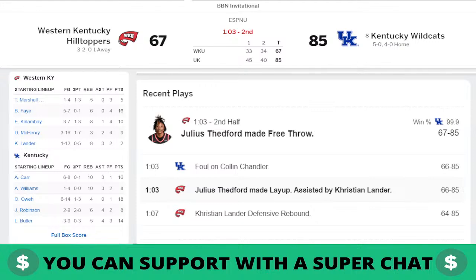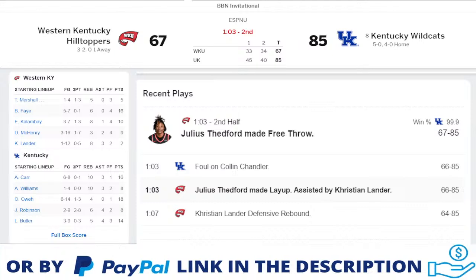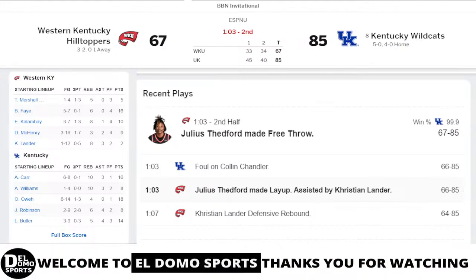85-67. Backward pass comes into Butler against Edelin. Edelin guarding Butler in backcourt. 1 minute to go. And casually walk it over here on the right side. Sends it to Owe at the top. Left side to Robinson against Lander. Dribbles behind the three-point line. Back to Owe. Lob it foul line to Carr. Owe cuts back door. Carr spinning against...